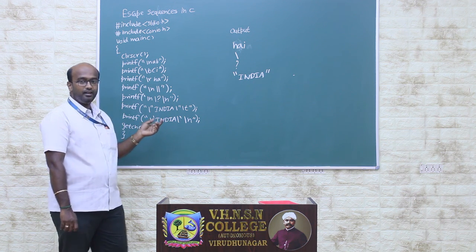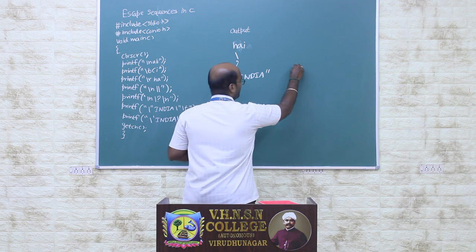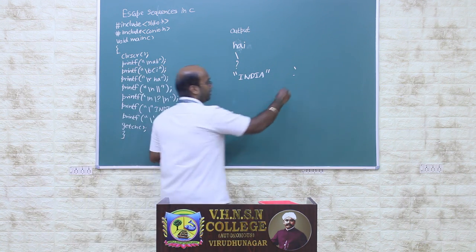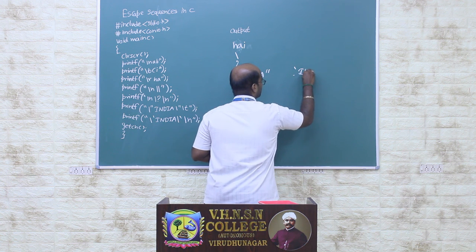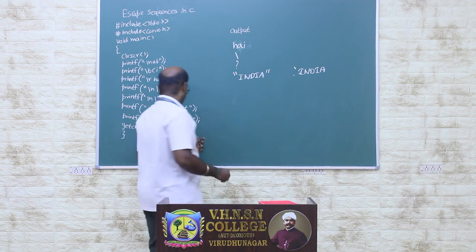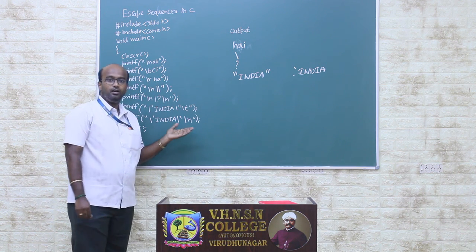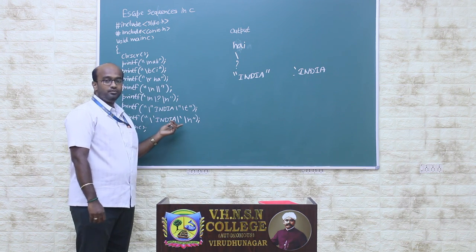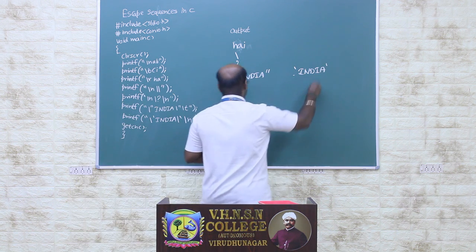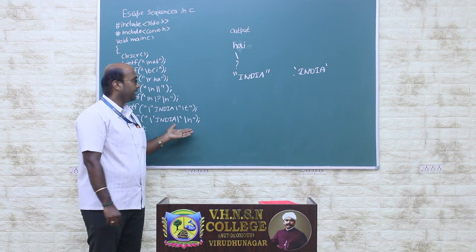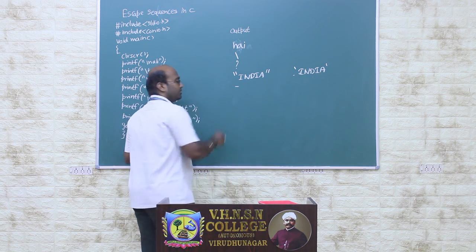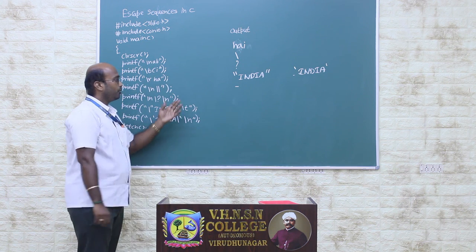So this is used to print a single quote. So it will print a single quote, then it will print the word India here. And again I have given backslash single quotes. So again the single quote will be printed, and since I have given a backslash n, the cursor will come to the next line and at the starting point. So this is how the program works.